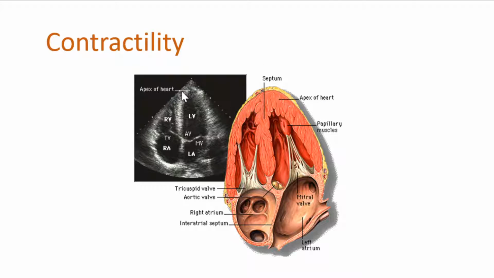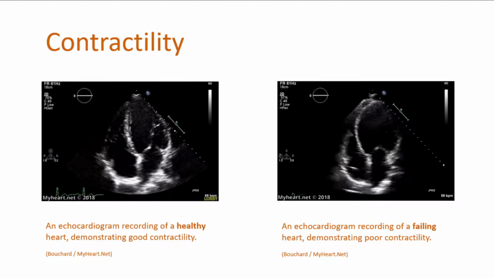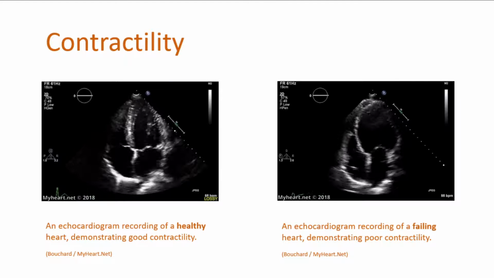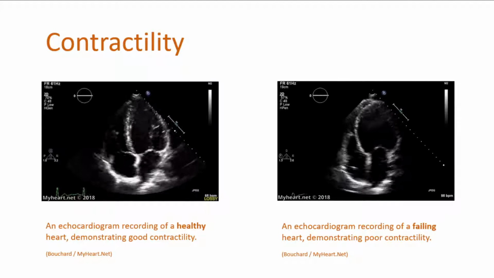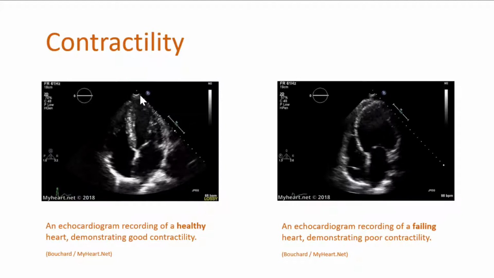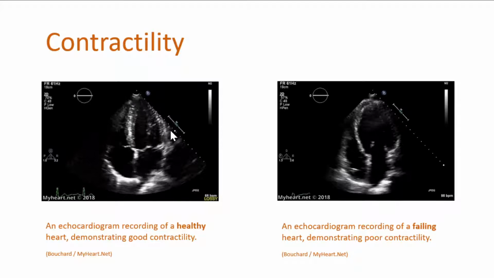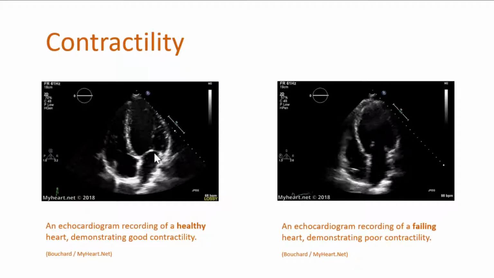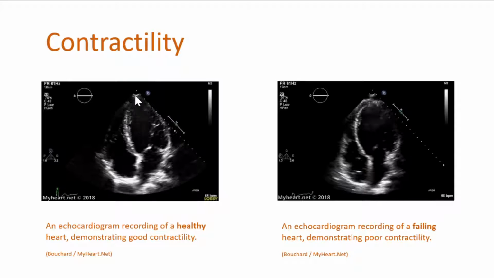I've got my cursor here, and the thing that I want you to focus on is the left ventricle. If you orientate yourself, here's the apex up here, here's the mitral valve. We've got the septal wall of the left ventricle, the free wall of the left ventricle, and the mitral valve is sat down here. So here are our two echocardiograms, and you can see the one on the left is beating much better. Look, as the two walls are coming together, the septal wall and the free wall are moving together, and the annulus, the mitral valve, is moving towards the